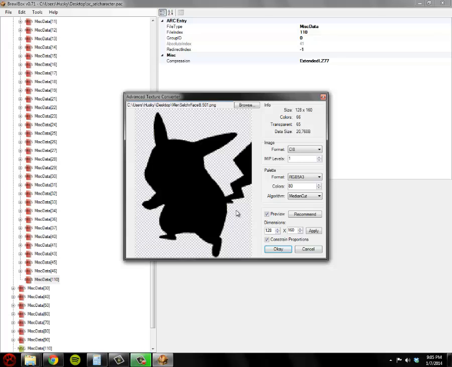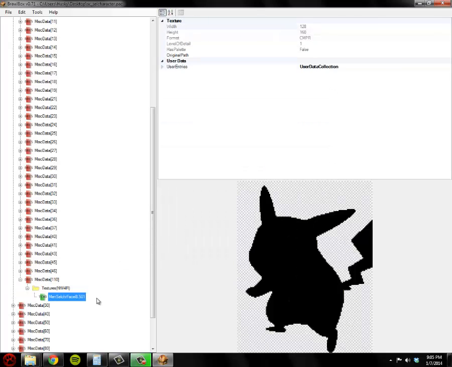It's called 501 because I was messing with it earlier, but it's not going to be 501. Change this from C18 to CMPR. You see how it changes it from 28,000 bytes to 10,000 bytes? That almost halved it or more. That's really good. We want to save as much data as we can. So click OK, and it should import it.